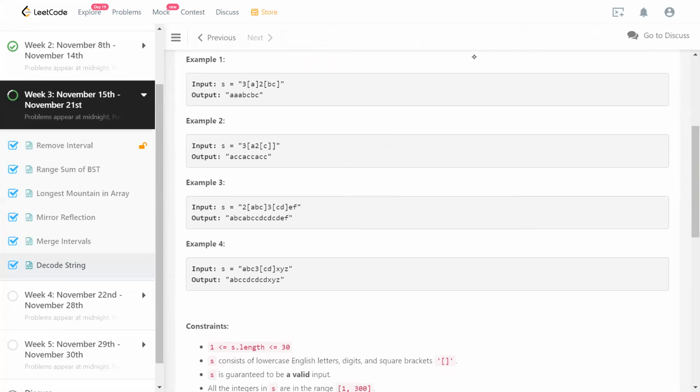So here in the first example, the encoded string looks like this, where 3 is followed by a in square brackets and 2 is followed by bc in square brackets. What it essentially means is in the decoded string, a should appear 3 times. Three indicates the repeat count, and bc as a substring appears 2 times, right? So bc followed by bc. And similarly, in the